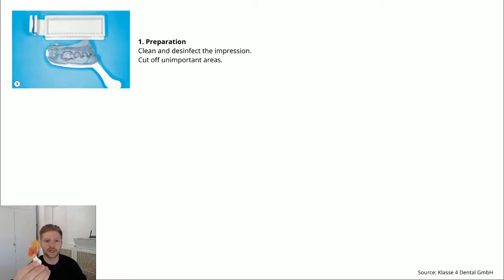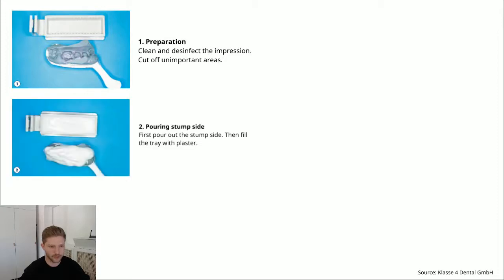You have to clean and disinfect it, and also cut off unimportant areas, so that the scanner is able to reach undercuts. You need well-prepared impressions in order to get a good result afterwards. The second step is to pour out the stump side,